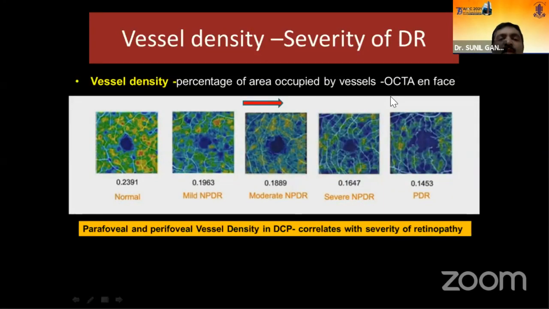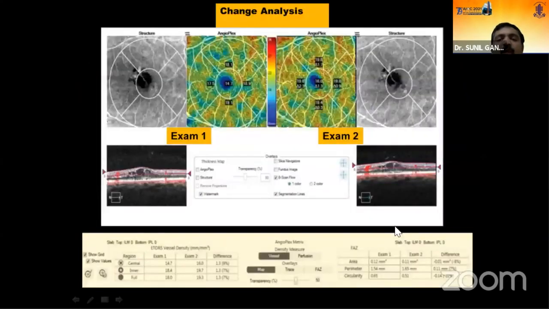When you look at the vessel density changes, especially in the perifoveal and parafoveal areas in the deep capillary plexus, this is a normal patient, this is a PDR patient. In the OCTA images, you can see that they tend to show decreased vessel density, which in turn indicates the severity of diabetic retinopathy. With OCTA, you can do a change analysis also from one examination to another. You can look at the foveal avascular zone changes as well as the vessel density changes, so that it helps you follow up the patient over a period of time to know the severity of